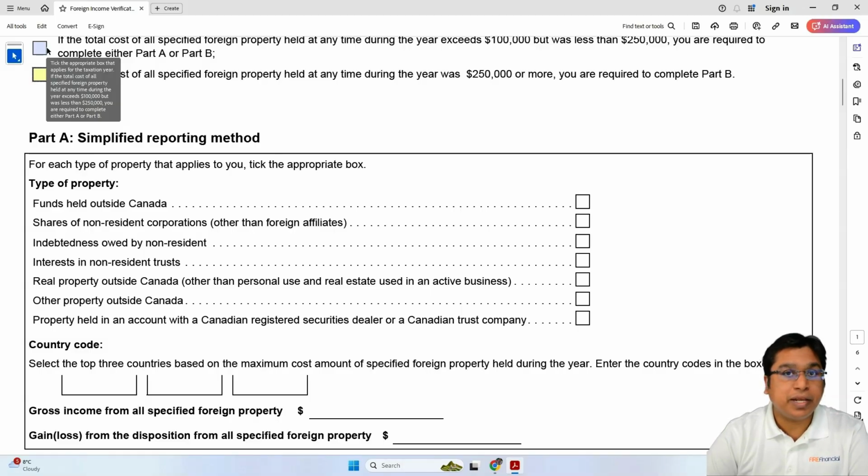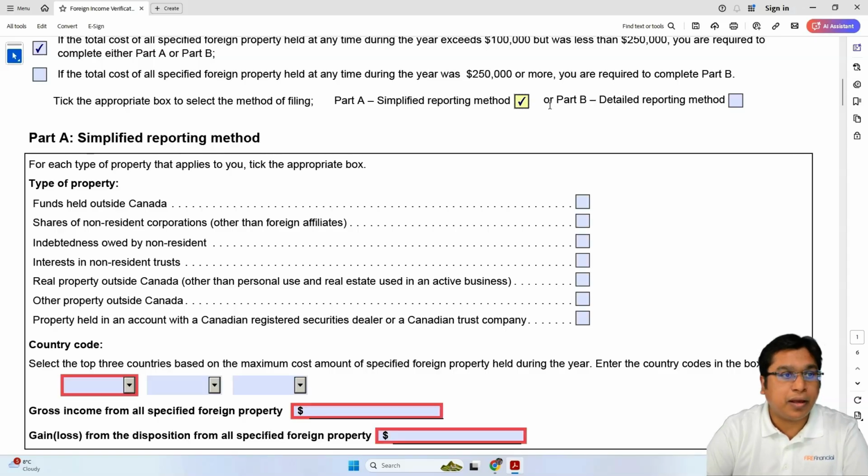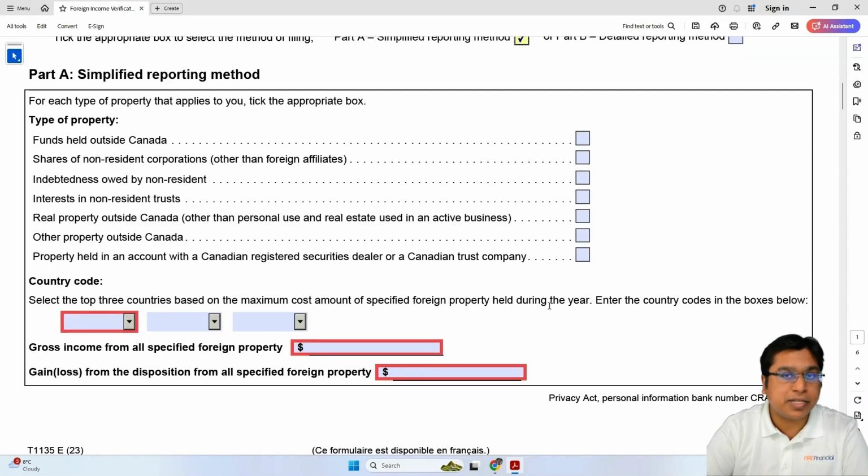Now, if I made any money, I have to add that, because this is where I would add the gains and losses. For a client who has only $150,000 of foreign assets in Google stock, this is how you report. It's a very straightforward reporting, but it will trigger a lot of information if you have more than $250,000. Let's say somebody has a larger investment account and some rental property in Florida, that will trigger a bigger reporting requirement.